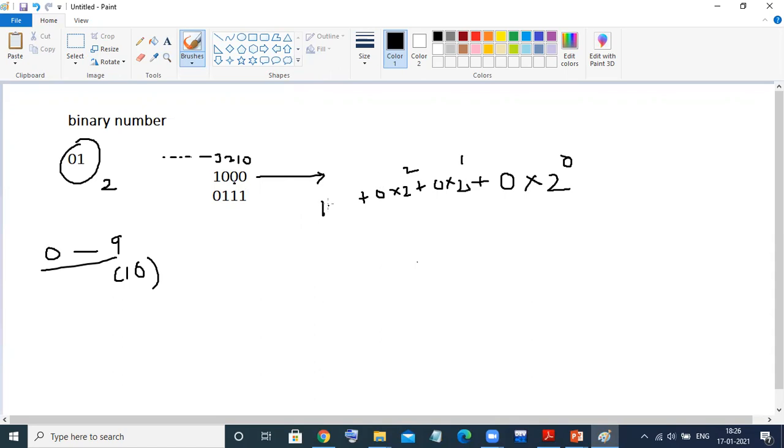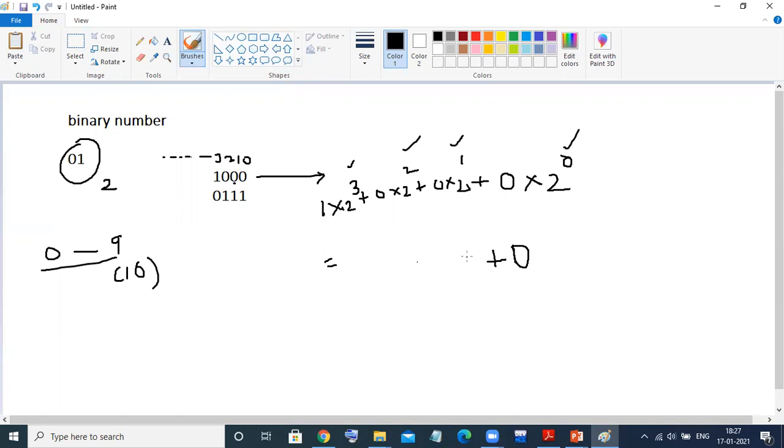So 1 into 2 to the power 3, because the power is continuously increasing: 0, then 1, then 2 and then 3. Now if you calculate, 2 to the power 0 is always 1, but 1 into 0 is 0. That is the reason why the answer would be 0 plus.